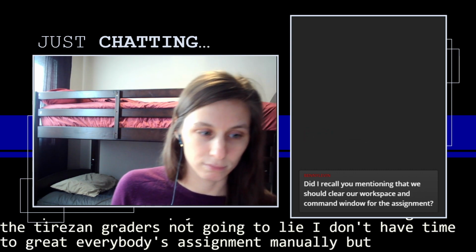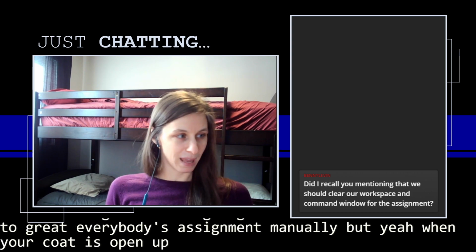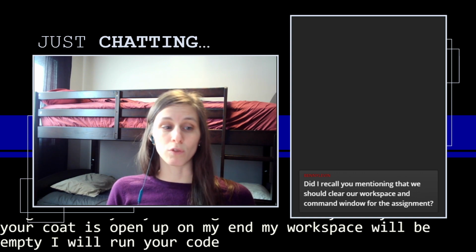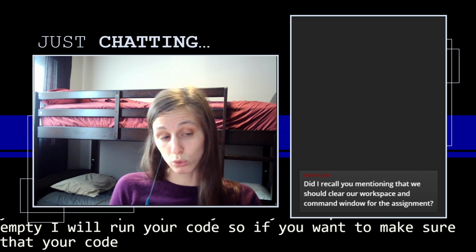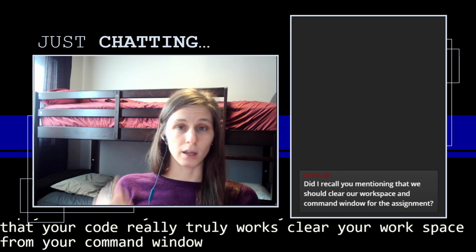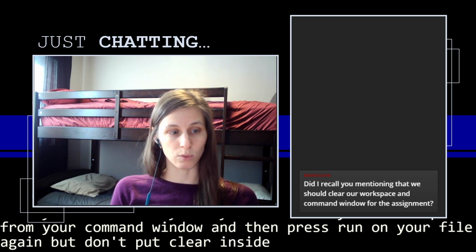But when your code is opened up on my end, my workspace will be empty, and I will run your code. So if you want to make sure that your code really truly works, clear your workspace from your command window and then press run on your file again. But don't put clear inside, then it won't work.